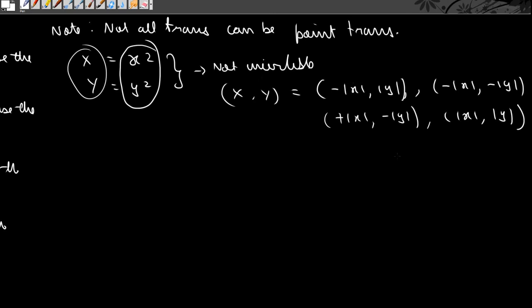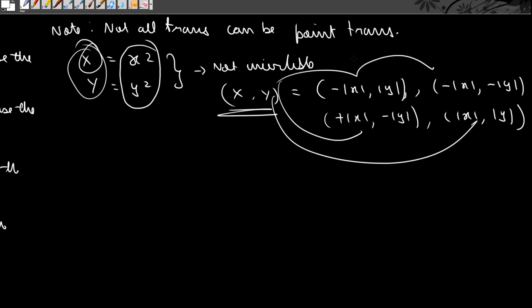Okay, so when I say this, it means that for both positive and negative values of our small x coordinate, we get the same capital X coordinate. So if we know this, we do not know which of these we mean. It can be any of these. Therefore, this is not an invertible transformation, and therefore this is not a type of point transformation, because the new coordinates X and Y have lost some information because of this squaring operation. Okay, so therefore they do not contain the same information as our old coordinates, and therefore they cannot be considered as point transformations.